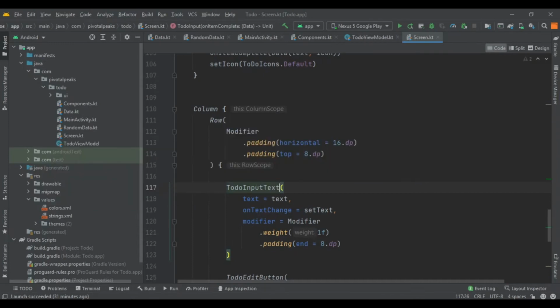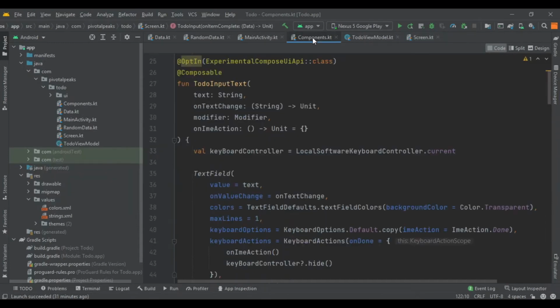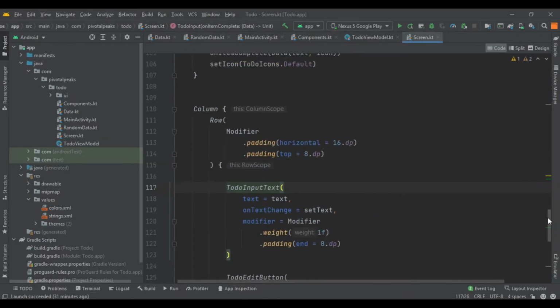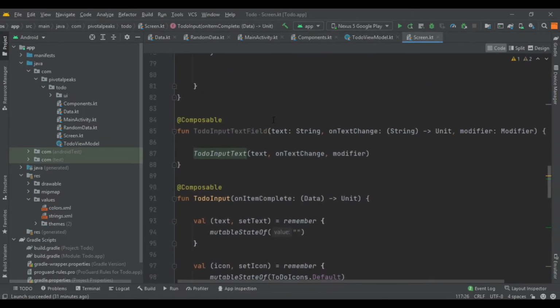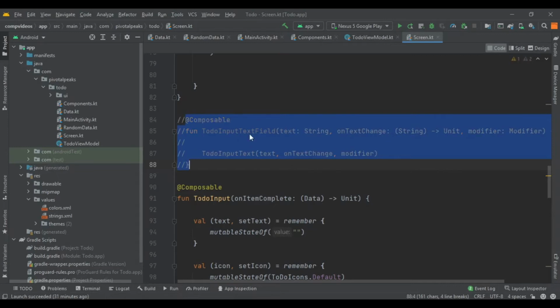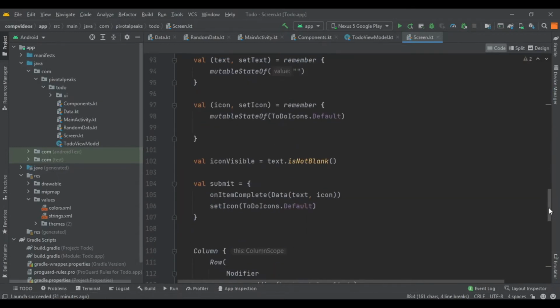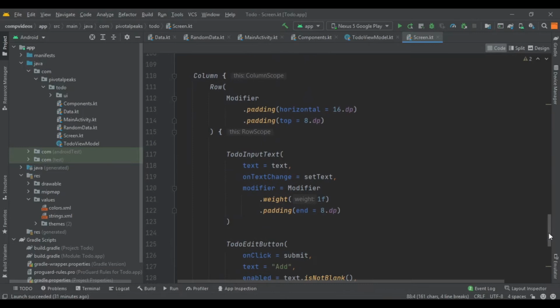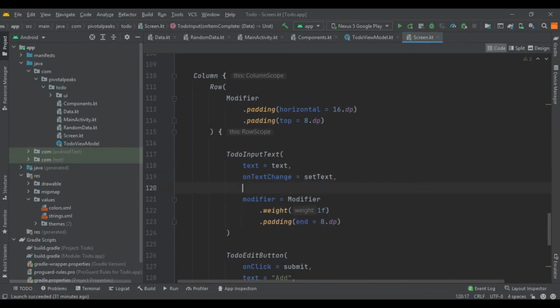This one, to do input text. Yeah, we don't need this one. Again, I'm saying that it was a mistake on my part. So let's put it for now, and now we can use the IME action.